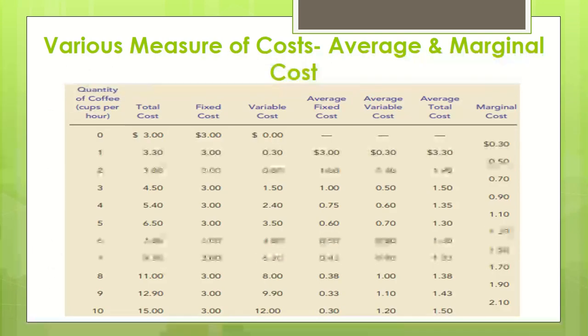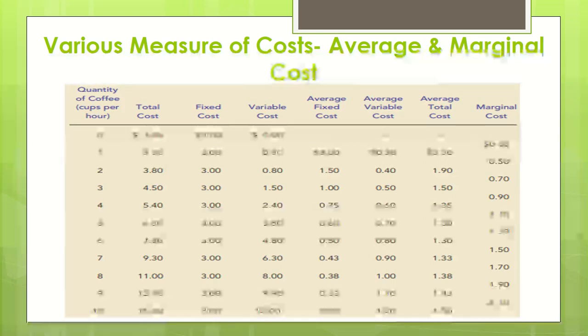Okay, now till now we have discussed the total cost, and total cost is the sum of fixed cost and variable cost. We have also discussed average total cost, that is the sum of average fixed cost and average variable cost, and the last one is marginal cost. As now you all are aware of all these terms which are written on the table, with the help of this table we can explain each of the terms one by one.